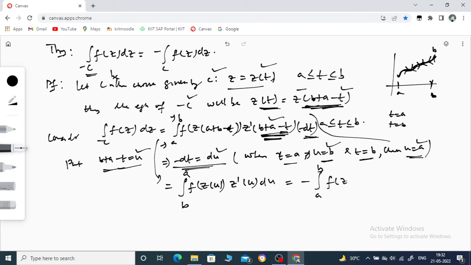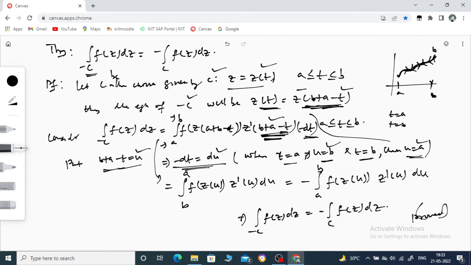Then this will be f of z of u, z dash of u du, which from the definition is the integration over c of f of z dz. So we got the integration over minus c of f of z dz is equal to minus of the integration over c of f of z dz. Okay,